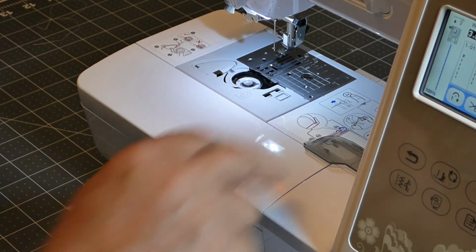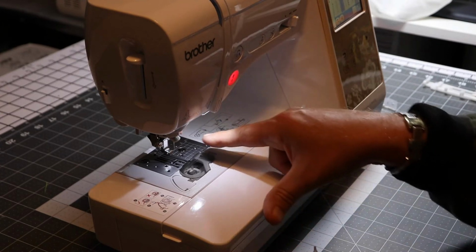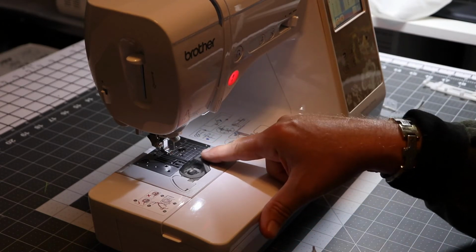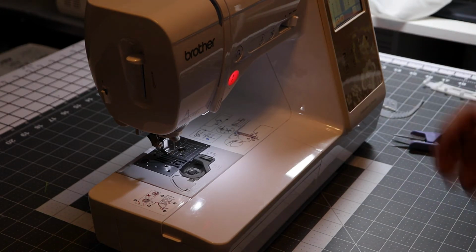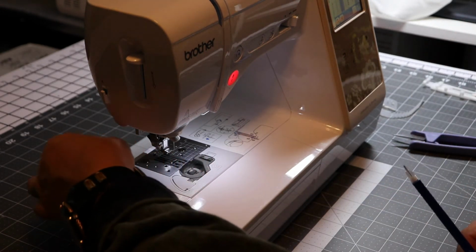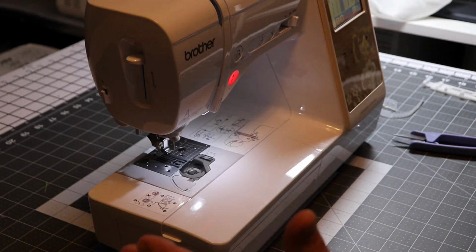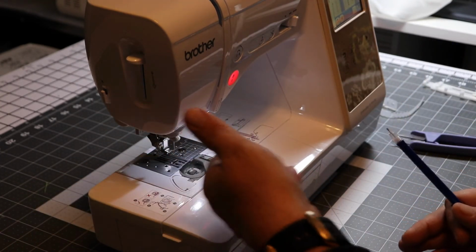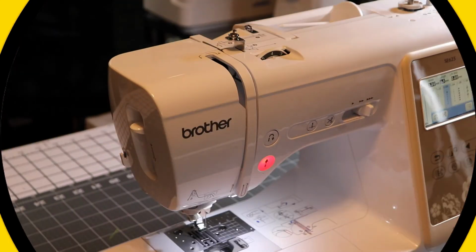That's it. We're done. We take the cover and we close the bobbin cover. We lock it in. That's it. You don't need to have the bobbin string hanging out. Once you start sewing, the needle is going to grab the bobbin string automatically. Next step,